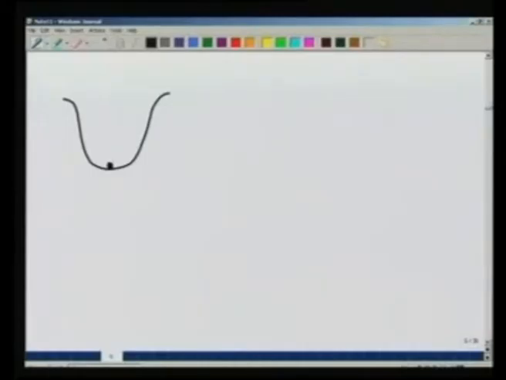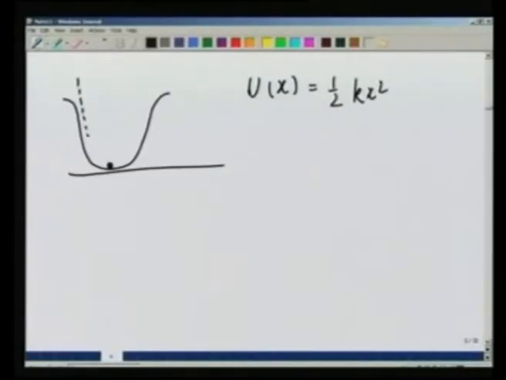It could have a functional dependence on x which is quite different, but when I approximate this potential energy for small motion as 1/2 kx squared, what I am doing is approximating the potential energy by this parabola. So this is how the potential energy looks when I am approximating this motion by a simple harmonic motion, and the force